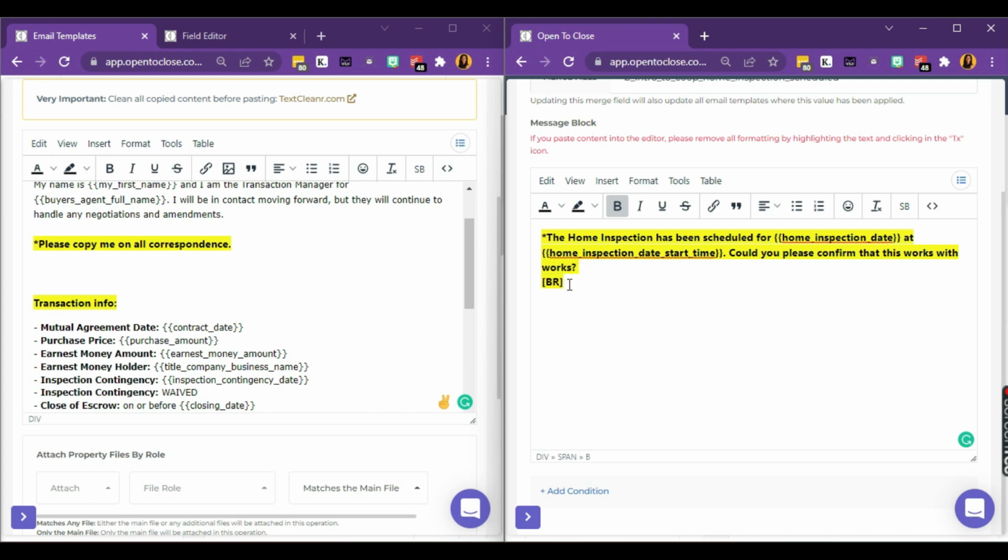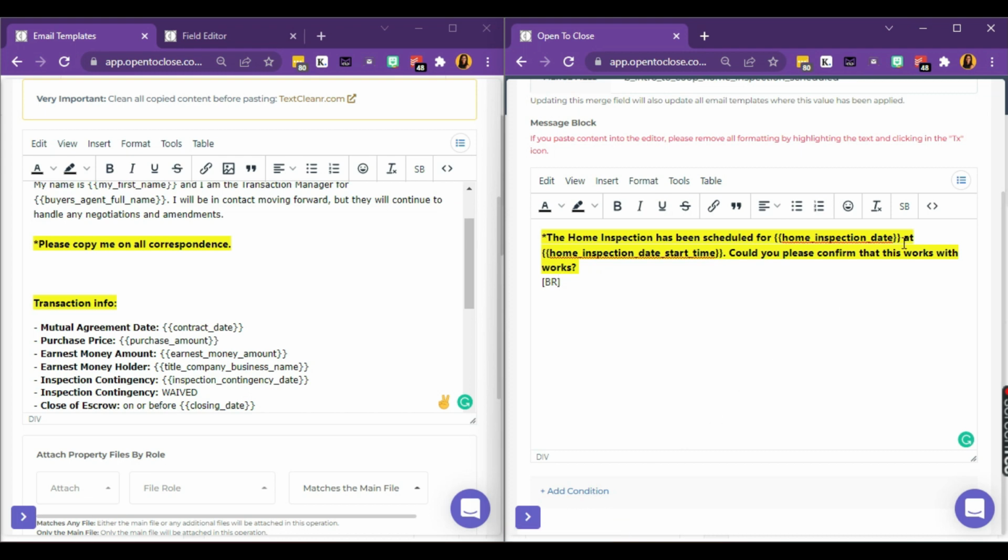So you see how it's bold highlighted because it was a continuation of this. I'm just going to select all of that there and hit this TX. That's going to remove any special formatting, and that's extremely important when we're doing this. So once we're done with the body here, we're going to add a condition, and the condition is going to